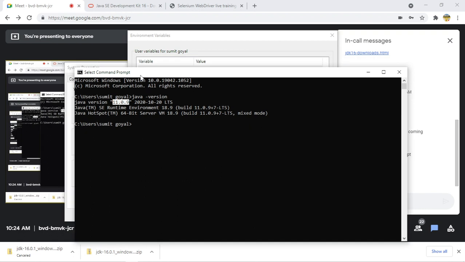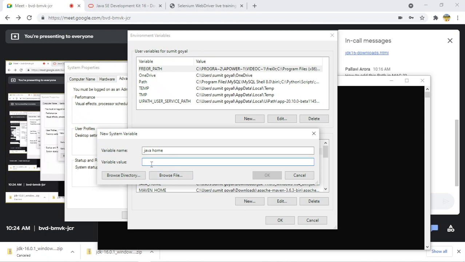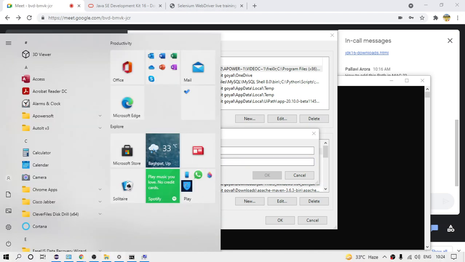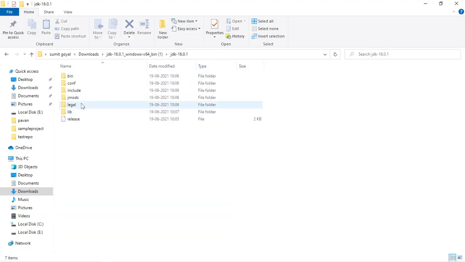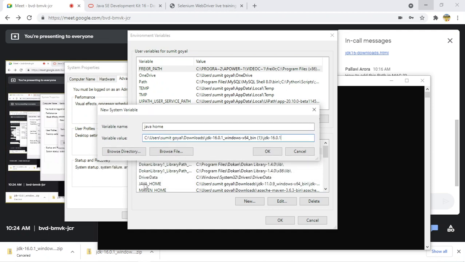Okay, I will go a little bit slower. So till now it is clear to everyone. We will now see this again. Once you write Java home here, first you need to go to the path where your Java is present. This is the complete path. I will copy this path and paste it here, and click on OK. I will not do it because I already have this variable Java home. For the first time only you have to do this. So let me click cancel as of now.